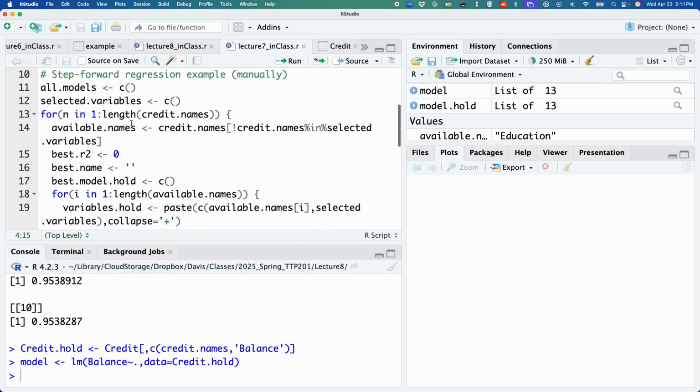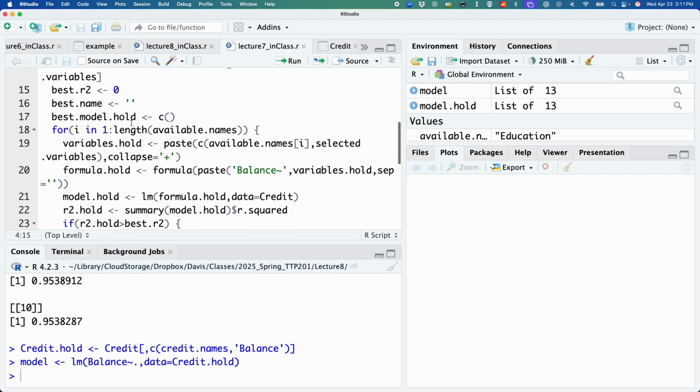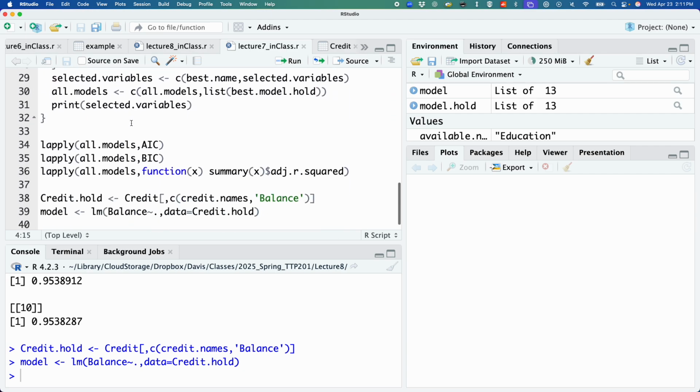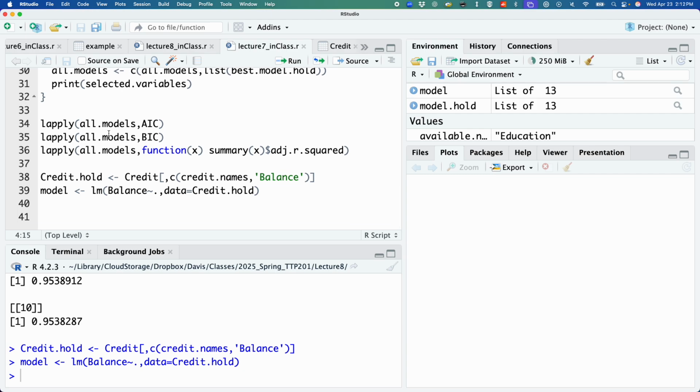We came up with this sort of set of for loops to basically program stepwise regression manually, and we saw how to calculate at the very end the outer loop AIC, BIC, and adjusted R squared to let us pick the model. Okay, but